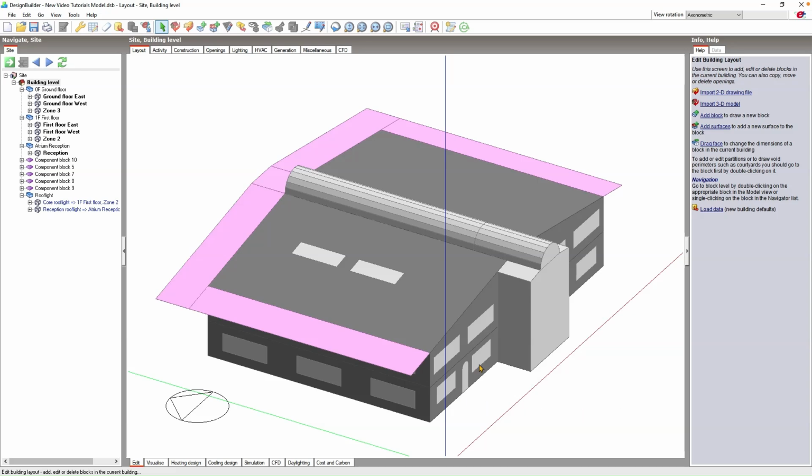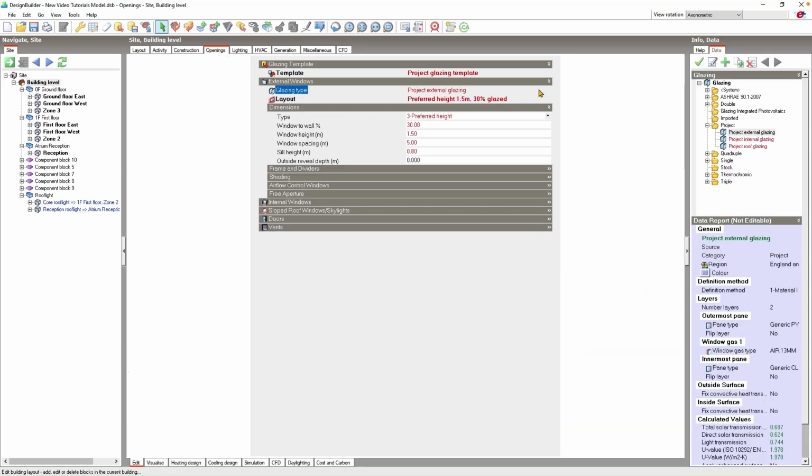There is extensive library data in Designbuilder. Here in the library